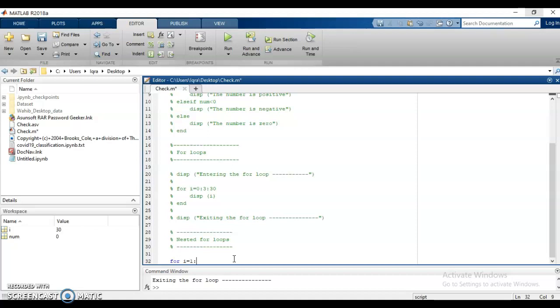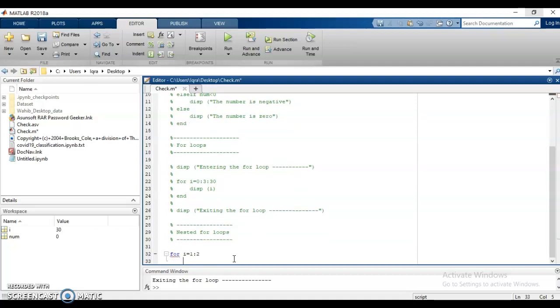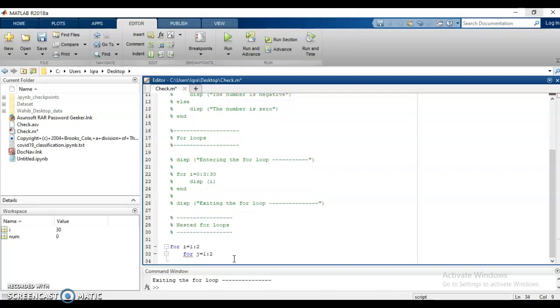i is equal to 1 to 2 because I need one index and two index only. And then I need another for loop, a nested for the second index, that is j. You can understand because you already have been through the commands. Okay, so what we are going to do is make a, that would be the matrix name, A at i, j equal to